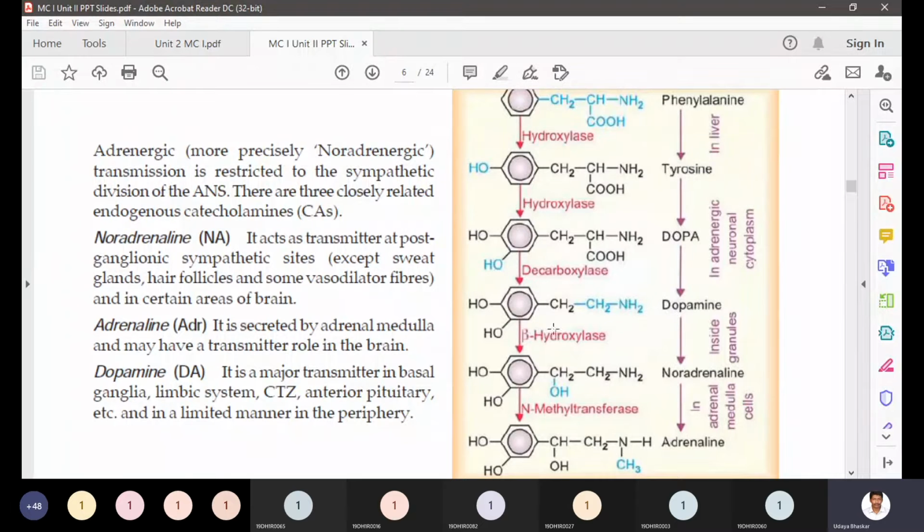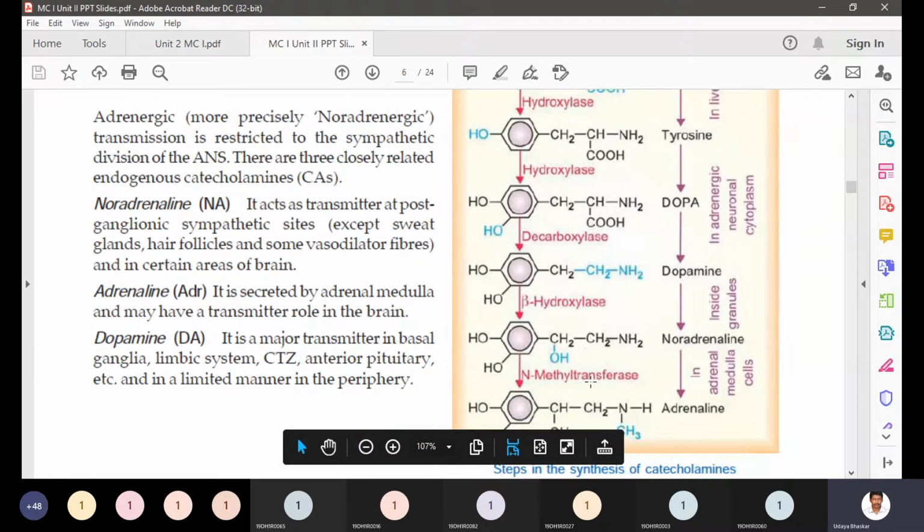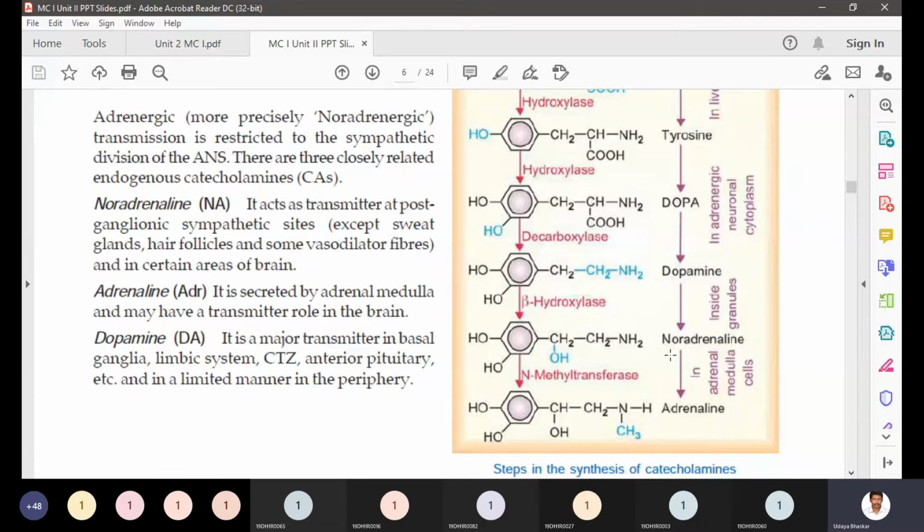Then dopamine will be acted upon by beta hydroxylase, which will add another hydroxyl on the beta carbon. The carbon that is directly attached to the amino group is alpha, and the next carbon to the alpha carbon is the beta. So with the beta hydroxyl, this compound will be called noradrenaline. The name NOR is given to a compound where a similar compound exists, but the difference is only the lack of a methyl group. Then we add the prefix NOR before the name.